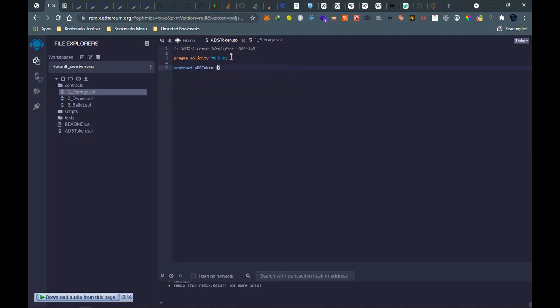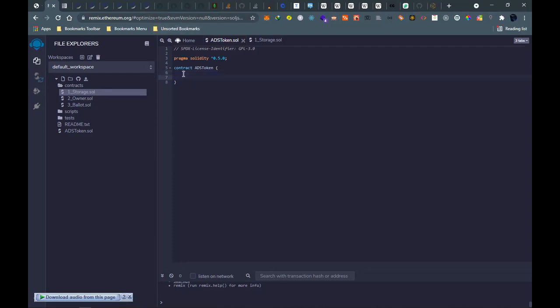Then we have a string variable, which I'll just copy and paste, which is the name of our token.